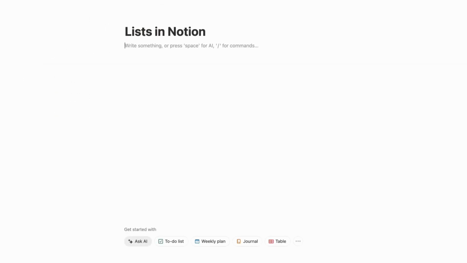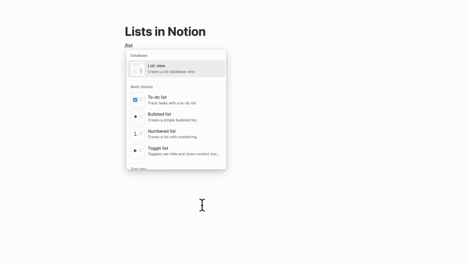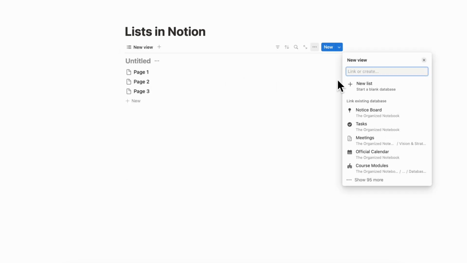Another option if you're looking to add a list is to add an inline database, and what this means is that you basically add the database as part of your page where you can add other things to it. So let's go ahead and type /list, and you can go ahead and click list view and then plus new